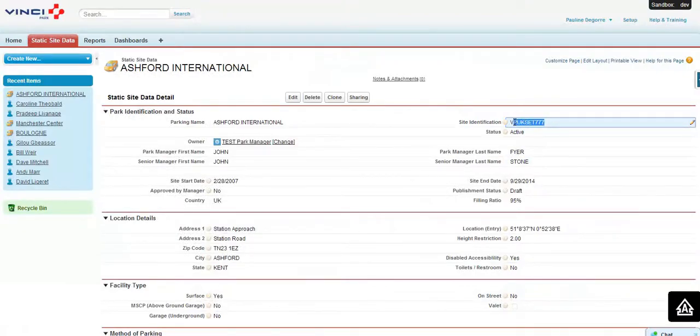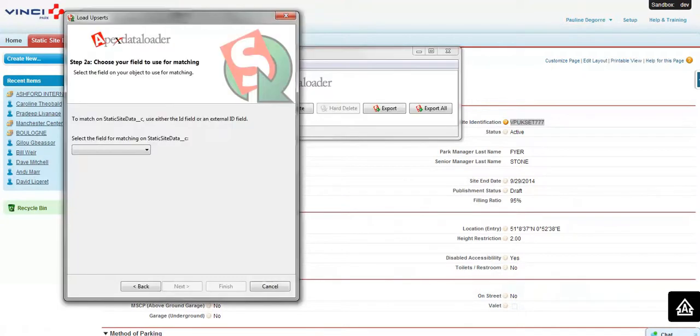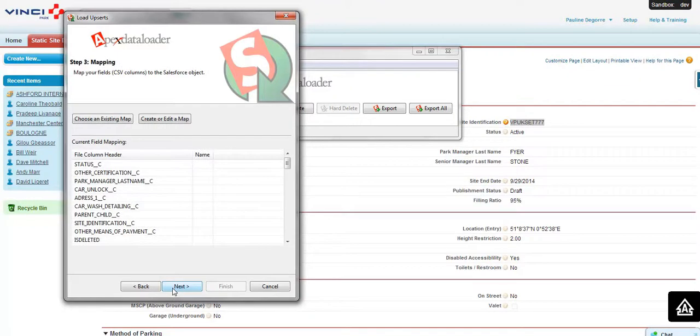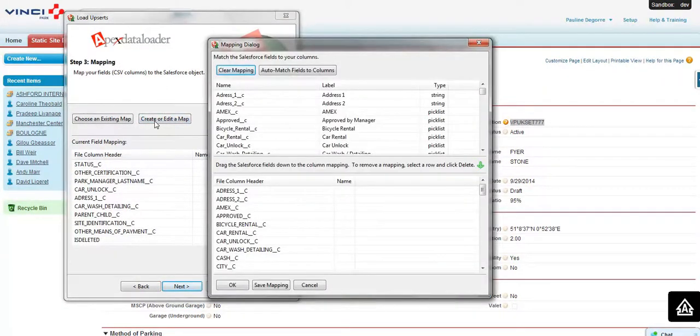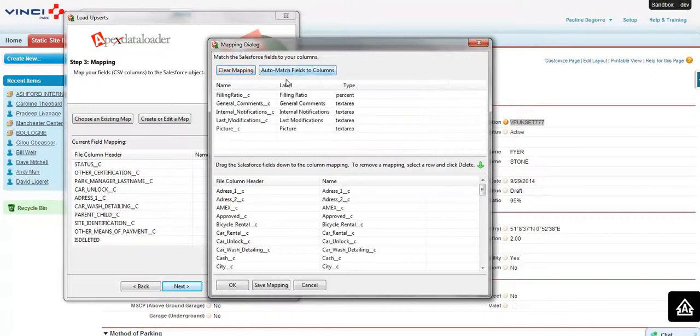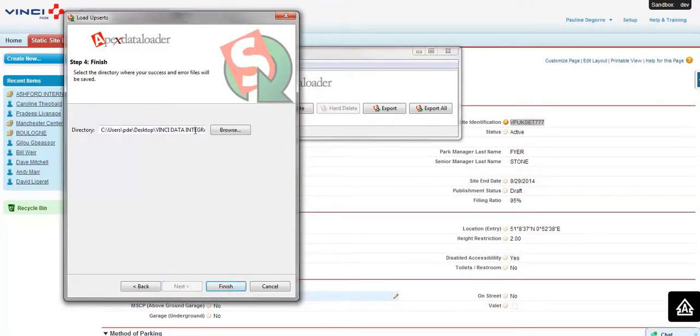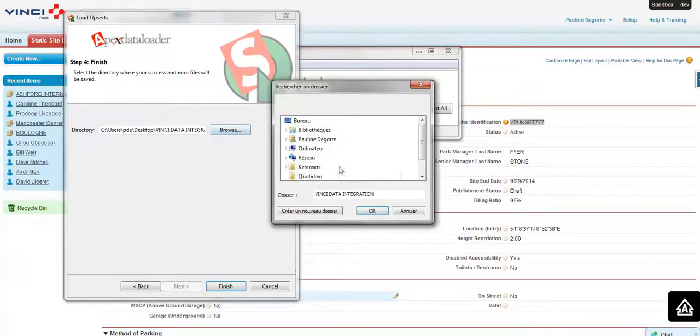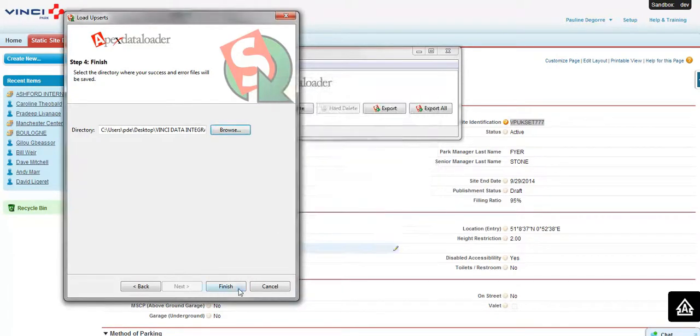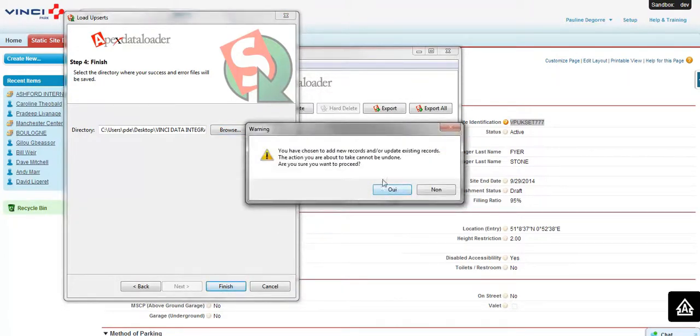This is the site identification, okay? So I choose the site identification and I click on Next. I create a mapping, I auto-match my fields, and now I can click on OK. Next, I choose to browse my log file here, that's fine, and finished.